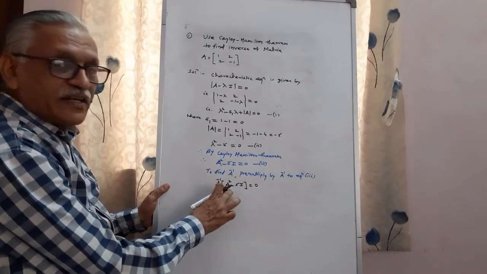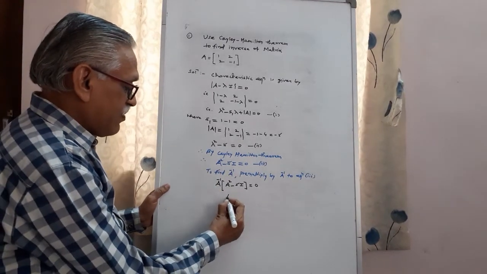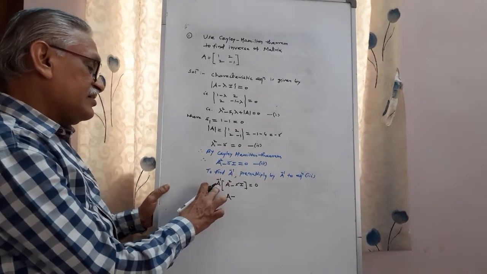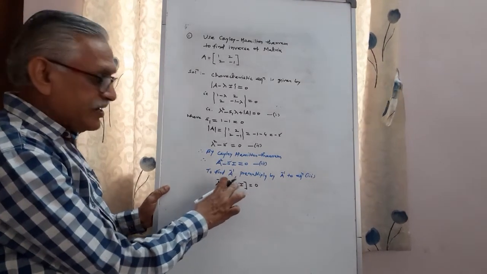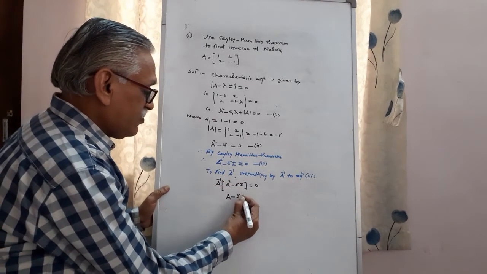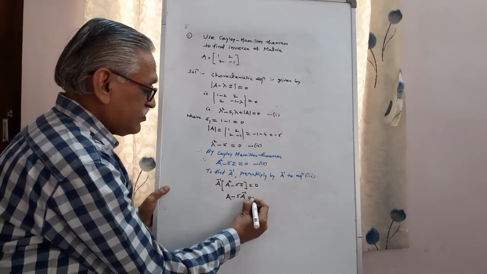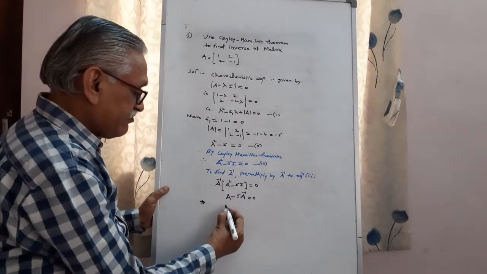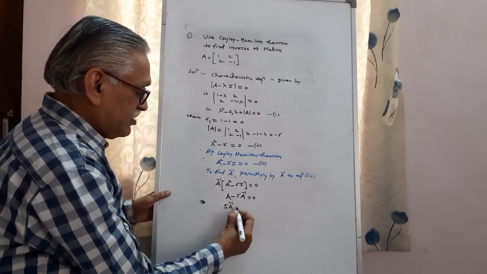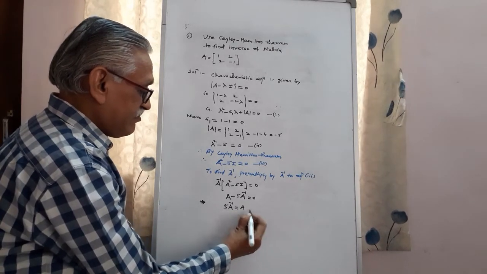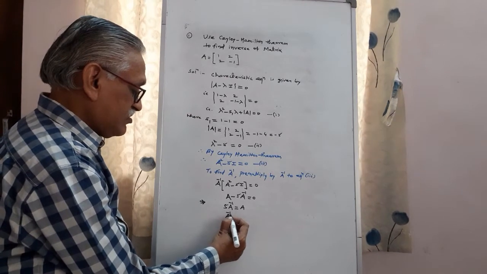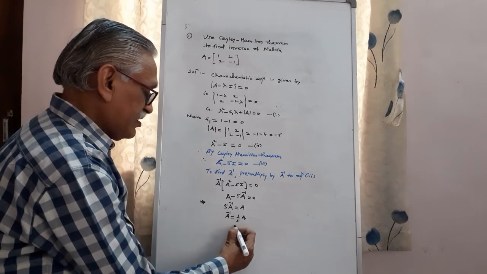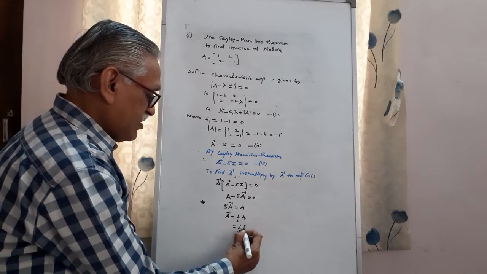Then multiplying inside, we get A square into A inverse, adding the powers, we get A, minus, any matrix multiplied by the identity matrix gives the same matrix, so that multiplication gives 5 A inverse equals 0. Rewriting, transferring this to the other side, we get 5 A inverse equals A, and therefore A inverse equals 1 by 5 times the matrix A, that is 1 by 5 multiplied by the matrix A.